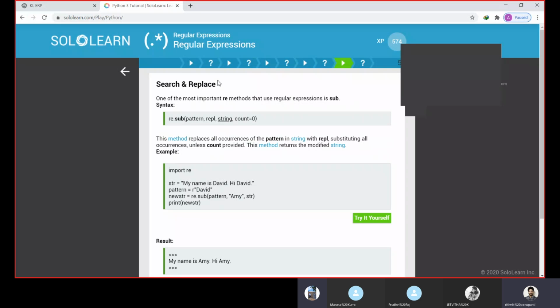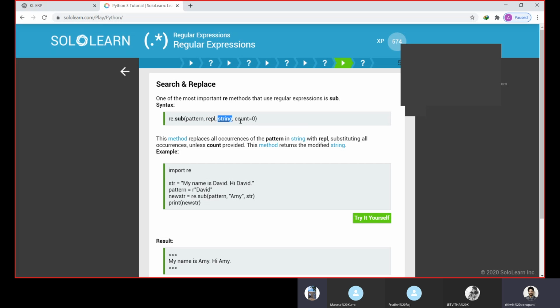Now we go for the search and replace function. This is the syntax for search and replace: re.sub, this is the keyword, we are going to use sub, and here you give the pattern. This is the pattern expression we need to pass as an input, and this is the replacement. If this pattern is present in the string, it will be replaced with whatever we give here.